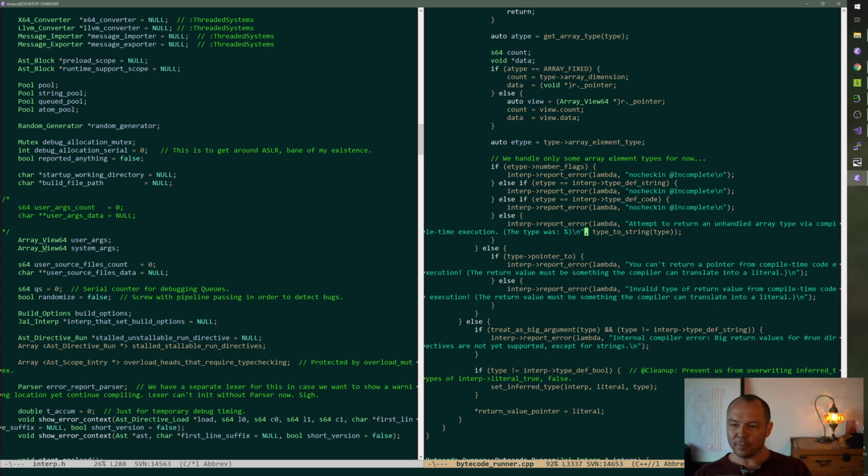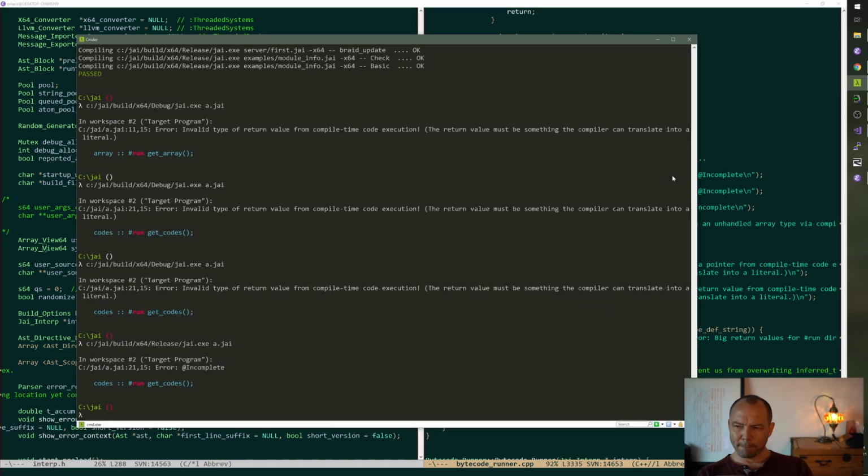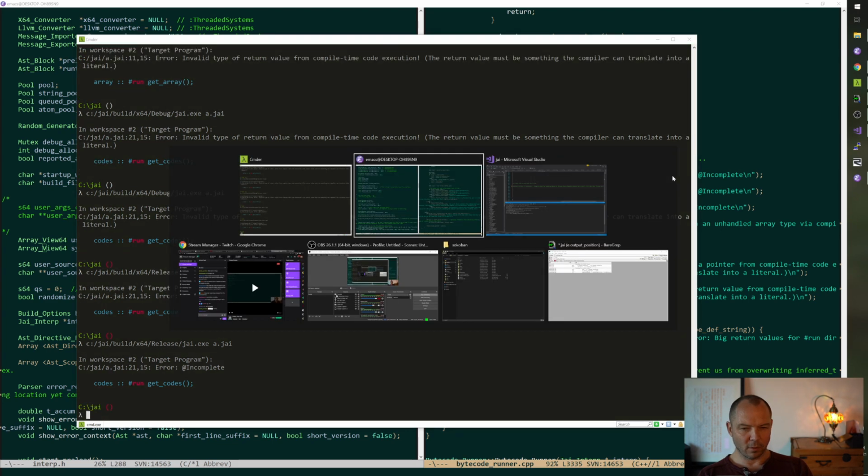So, well, number case, string case, and code case are all here. I don't actually know if we're going to be able to handle code case. We'll see. Hopefully we can. Okay.